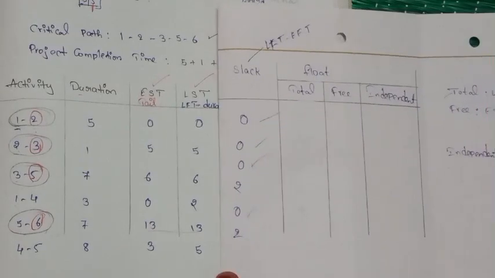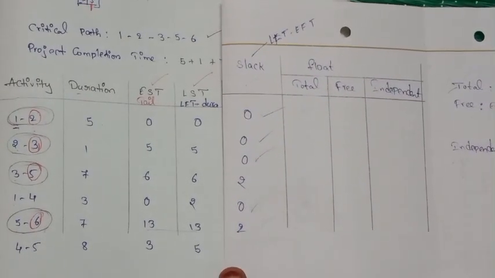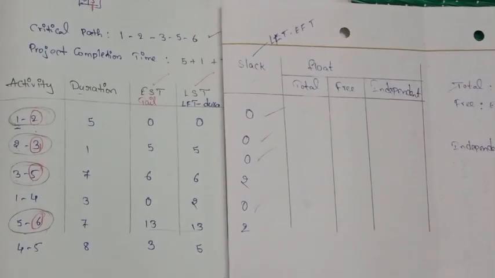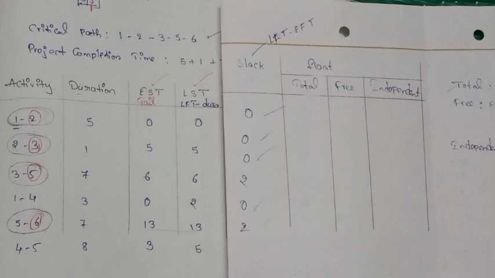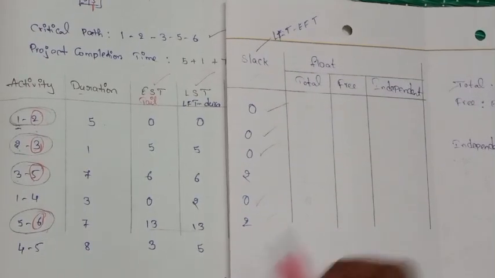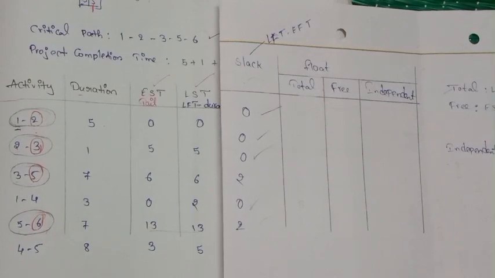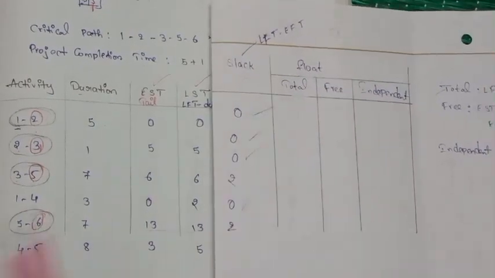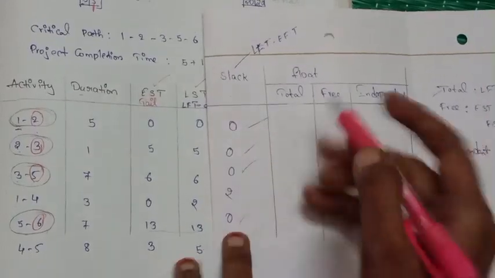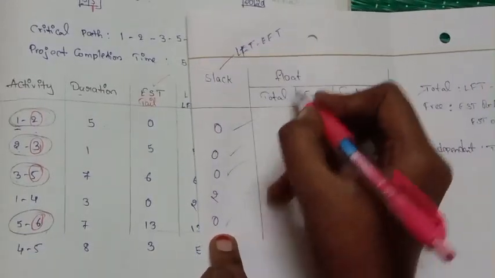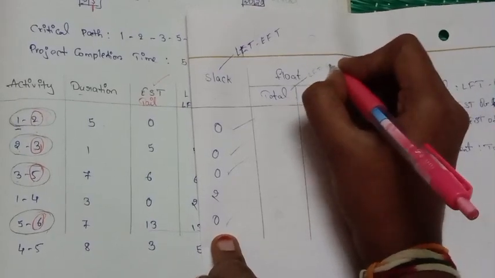Now first come to the float values. Float value is of three types. Here there is no need of learning the definitions, just learn the simple formulas. So it is of three types: total float, free float and independent float. Here the total float formula is the same as the slack value. So here you have two choices, that is total float is LFT minus EFT